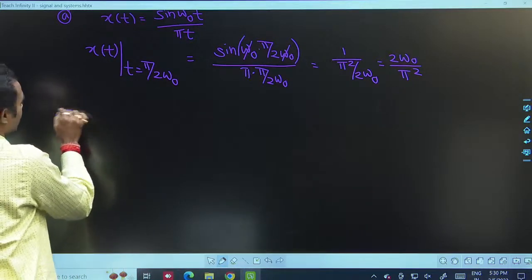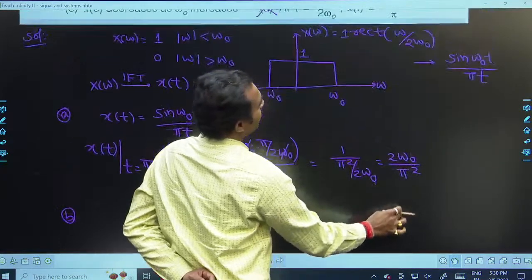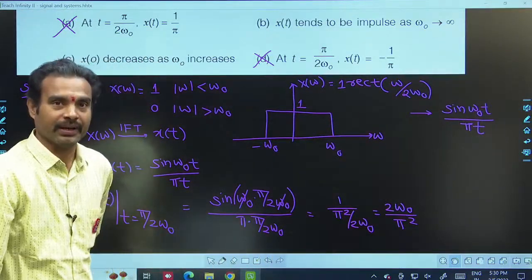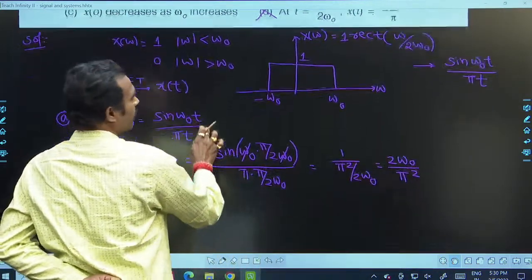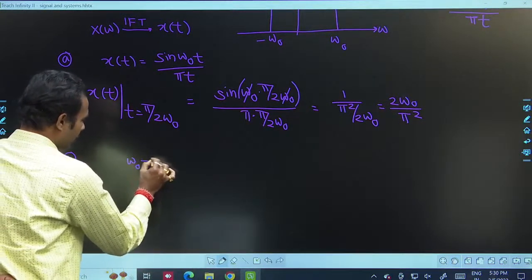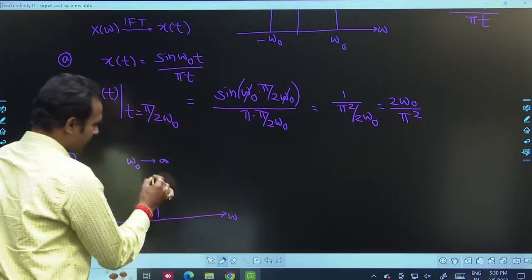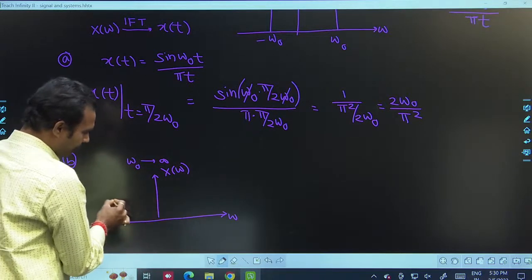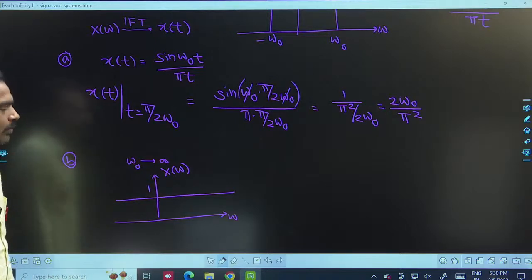Coming to option B. If you see option B, it is given clearly that x of t tends to be an impulse as omega naught tends to infinity. So omega naught tends to infinity means the sketch will turn into something like this. It is omega, and this value is equal to x of omega. When omega naught is infinite, it becomes a straight line whose amplitude value is equal to 1,